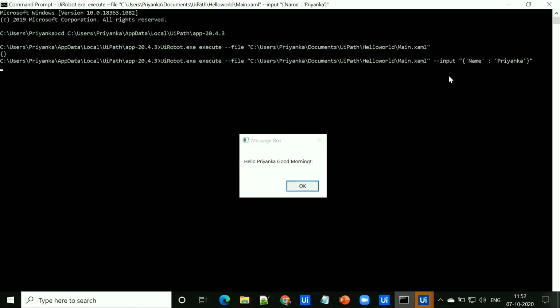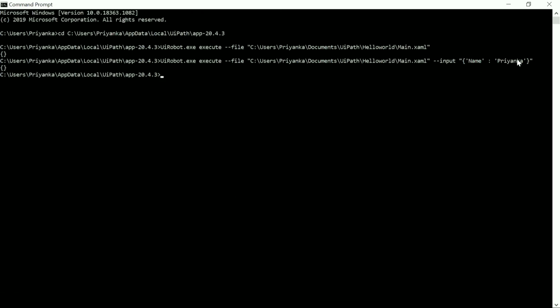You can see this time it has taken the input argument from the command prompt, which is Priyanka, and it has printed it in the message box. So that is hello Priyanka, good morning. If we want to change the value of the input argument from the command prompt, we can also do that. This time, instead of Priyanka, let's change the name to John and hit enter.